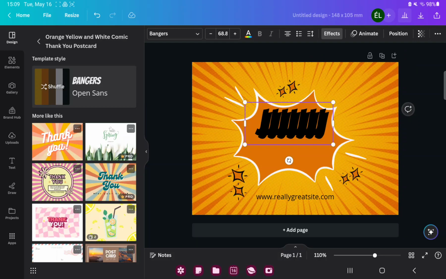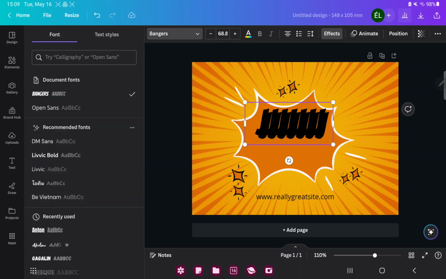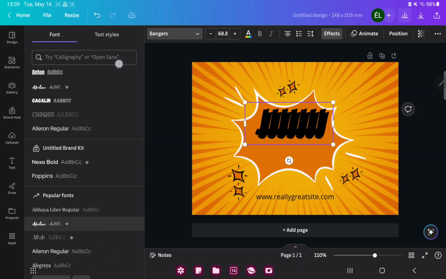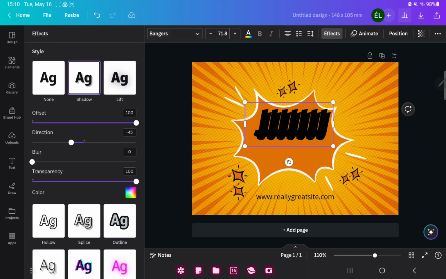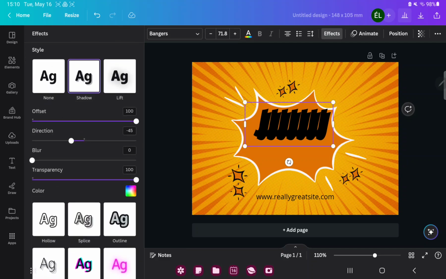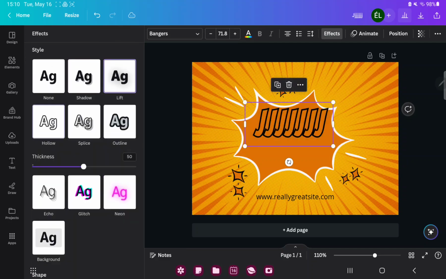You can edit this text. Just click the arrow next to the fonts option, and here you can edit the style of the text and the font type. If you want to edit the size of your text, just click the plus or the minus icon. If you want to change the effect of your text, just go to the effects button and select another effect,